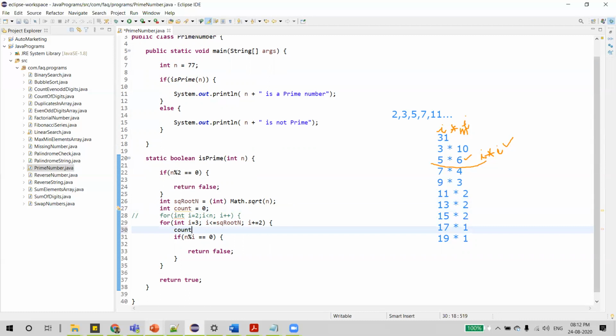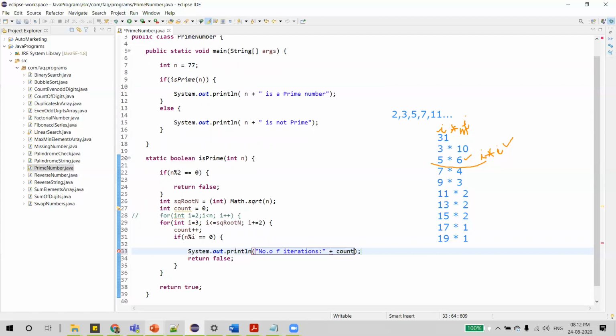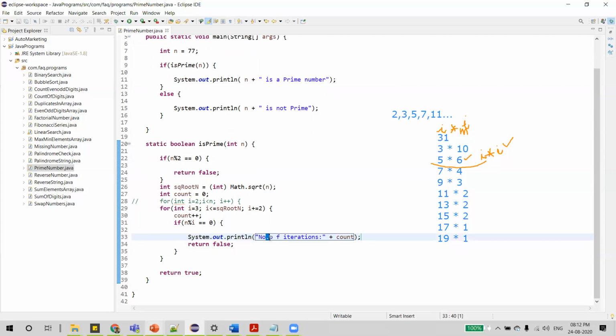Each time it enters the loop, we'll increment the count, and we'll print the value: number of iterations is count, and then it will just return false. As it returns false when it doesn't enter this loop, we will not get this statement, so let me put the same statement here as well.